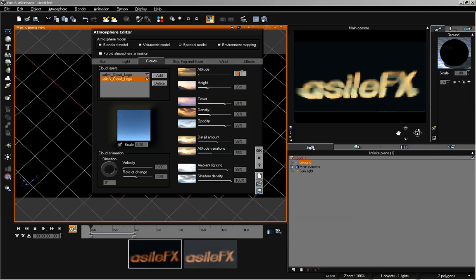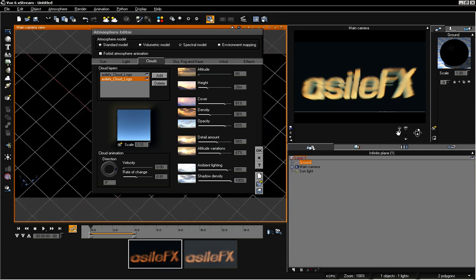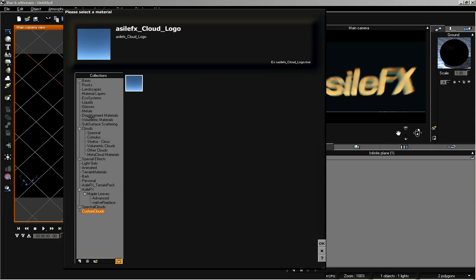In this case, we can create a really neat looking logo. We could animate it and just get a different kind of effect that you would normally expect from your typical animation. And we could also add, like I was saying before, another cloud layer with a different color. So let's go ahead and add in